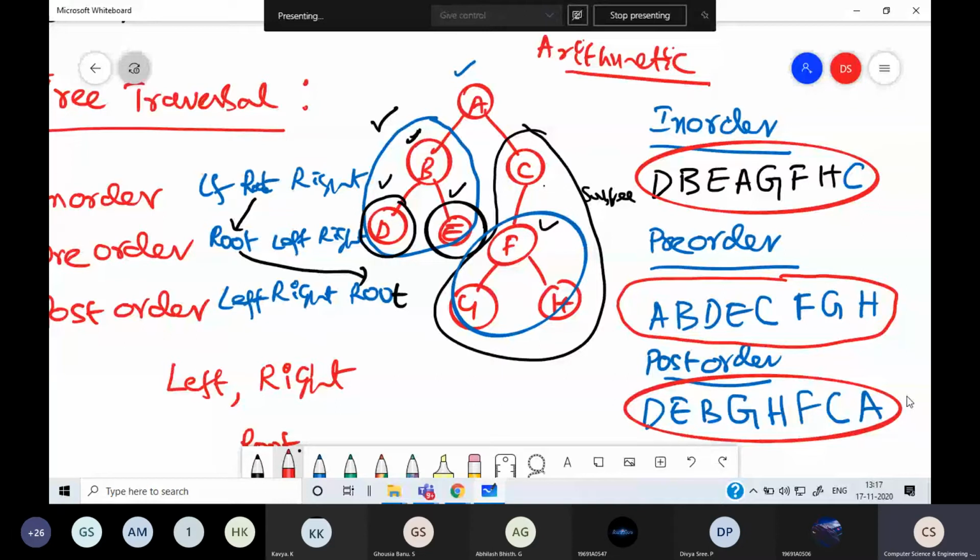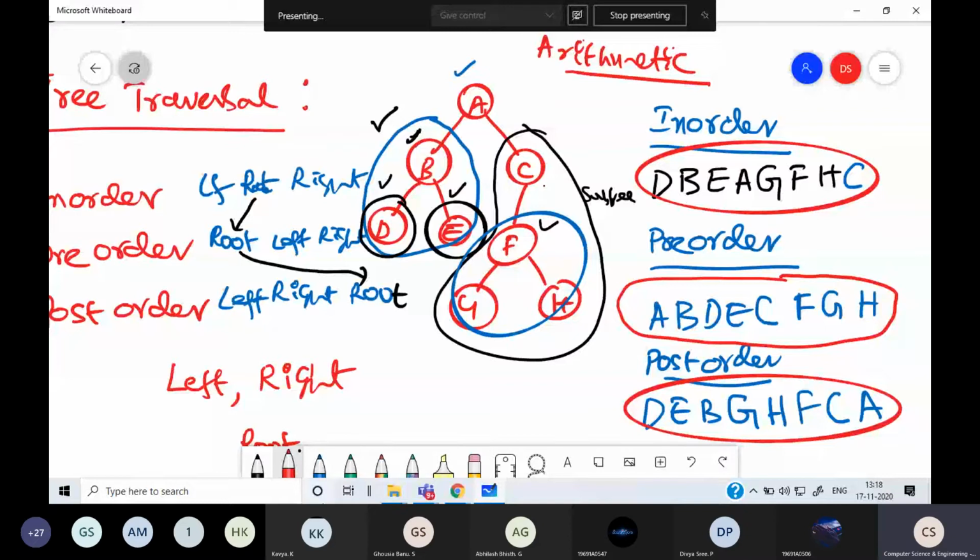When you write the program, you can go for recursion, which is a simple way of visiting the nodes. That we'll see when we write the program. And without recursion, we have to depend on the stack. So that is one application of stack. Performing traversal in a tree without recursion requires a stack. So manually, we have seen the different traversal techniques with a tree.